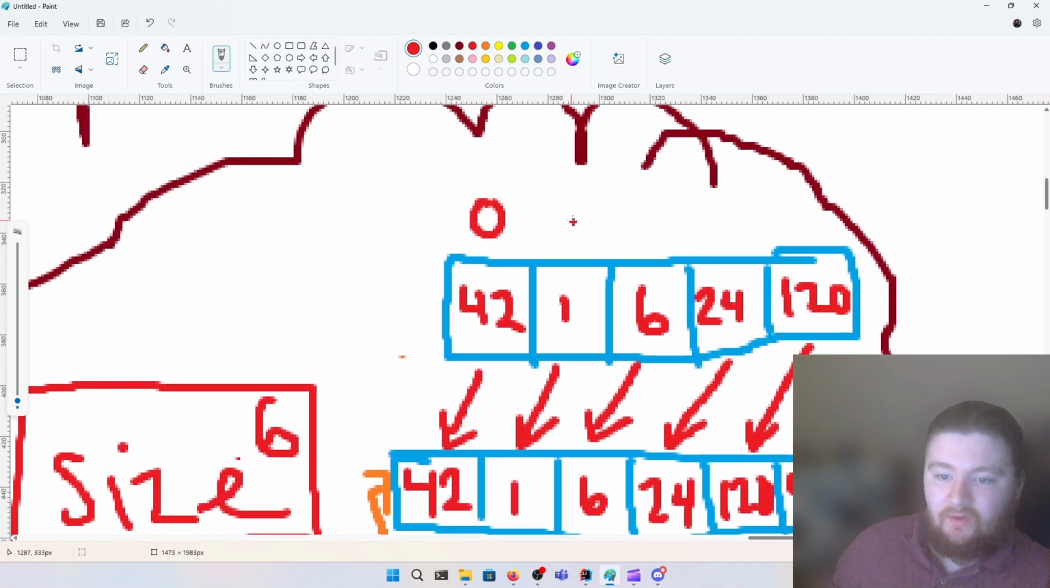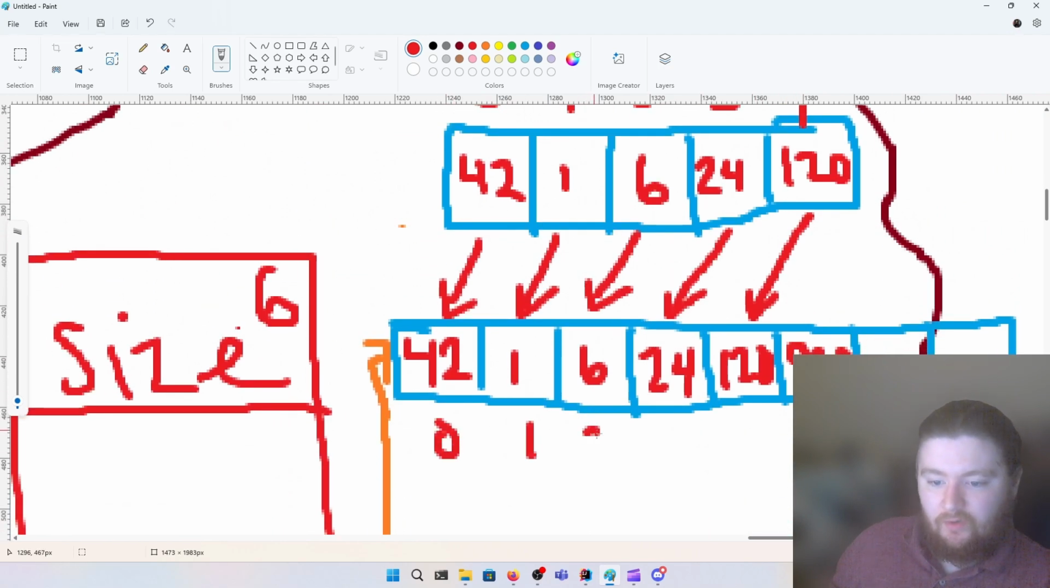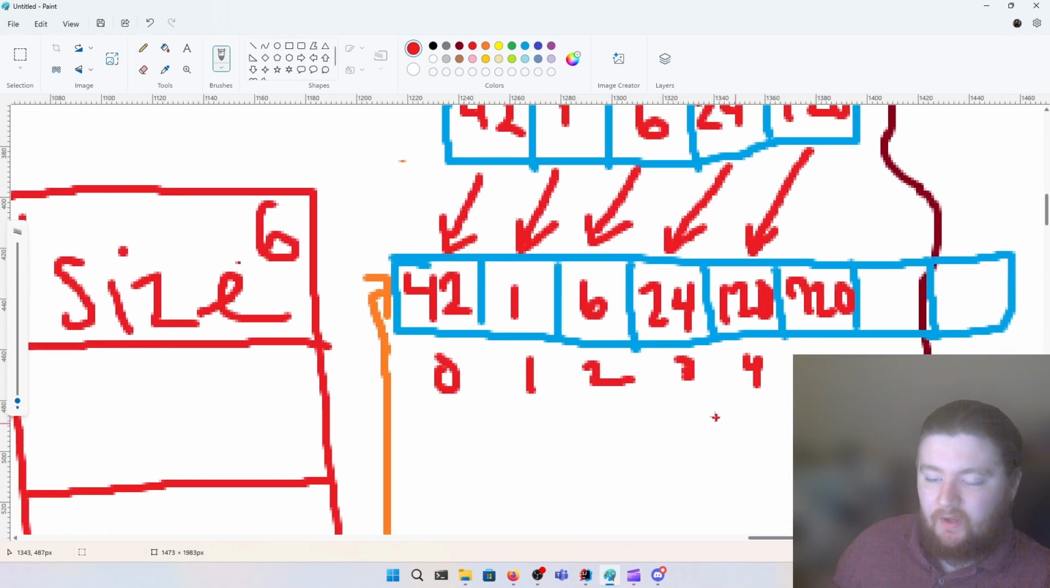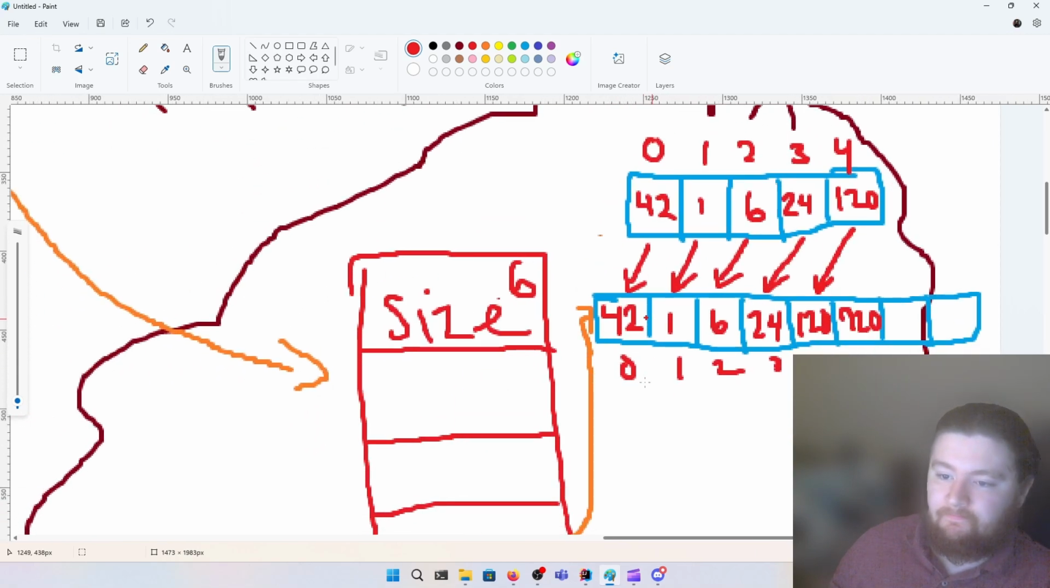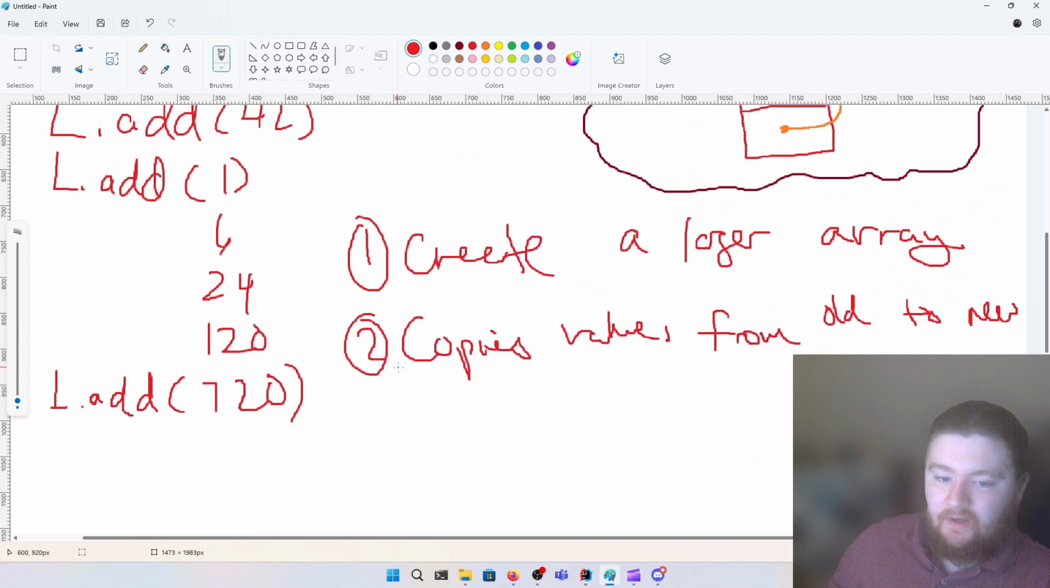because you have indices 0, 1, 2, 3, 4, and 0, 1, 2, 3, 4. Then we're just going to have a for loop from i equals 0 up to the length of the old array, and then just copy those into the new array. Okay, and then we reassign